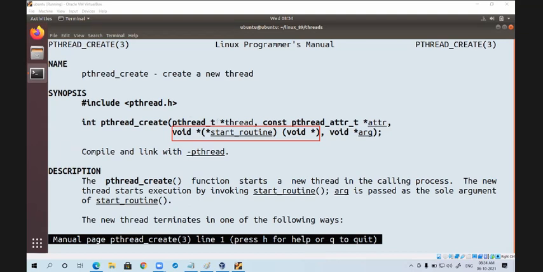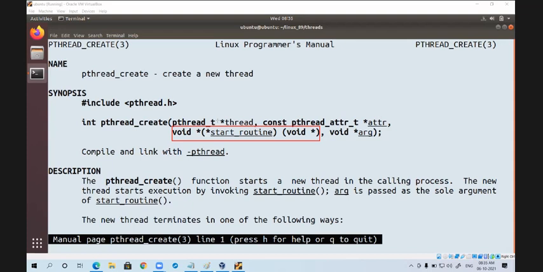It means whichever function you want to register as a thread, that function's address you need to pass there.